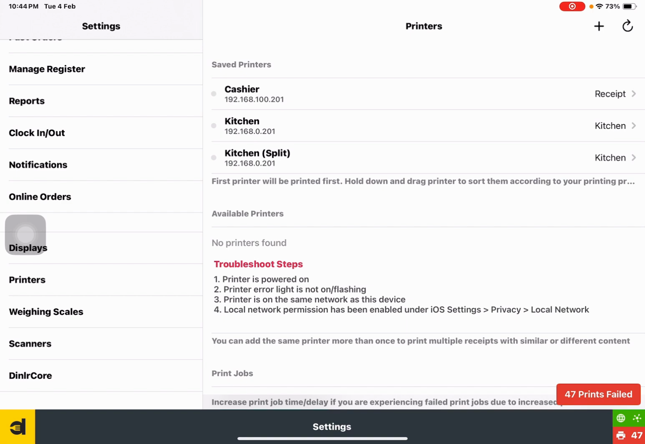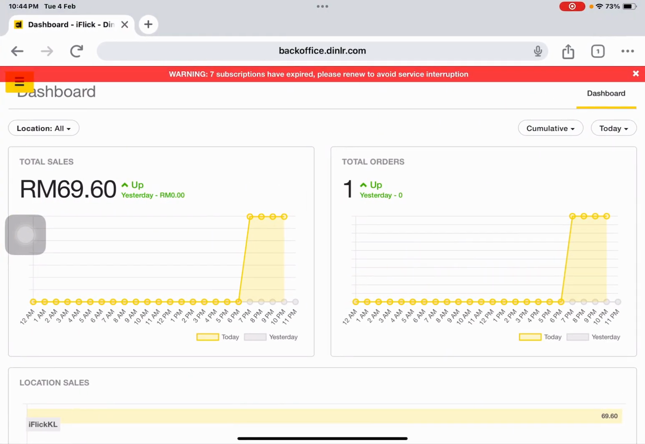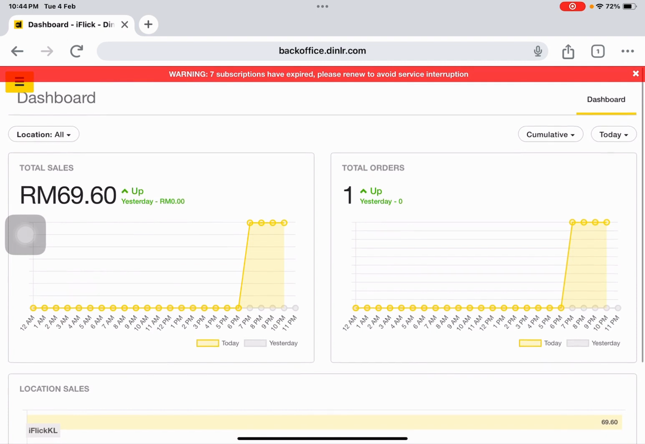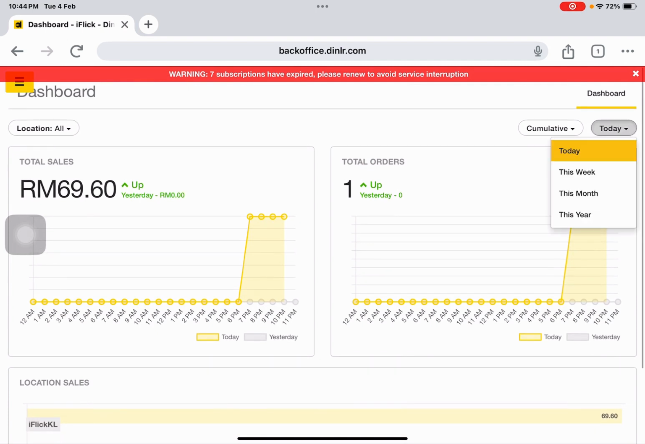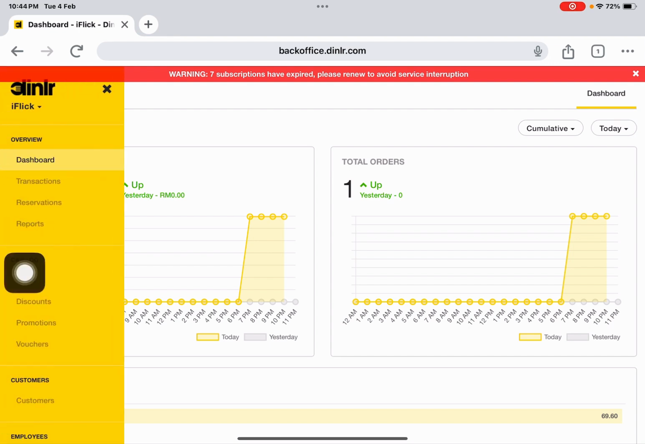And I will show you how the back end is. This is the back end of the POS system. As long as you have a browser, whether it's Google Chrome or other, you can come to the back end. You can have all the dashboard for the figures today. You can filter the date range. You can filter by location. Of course, if you look at the reports,